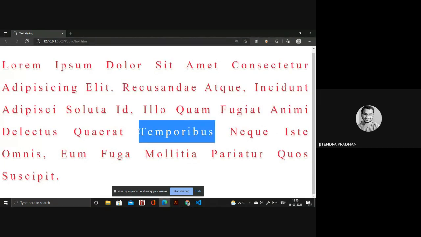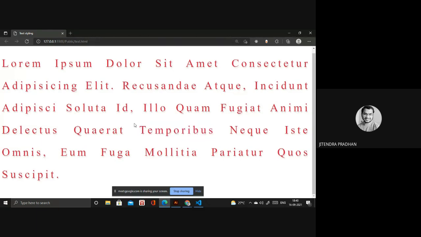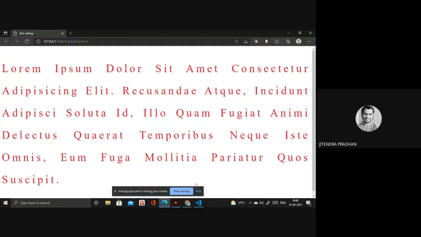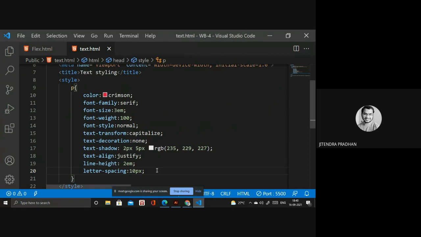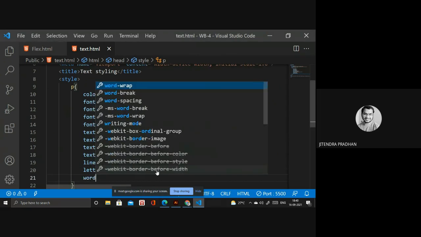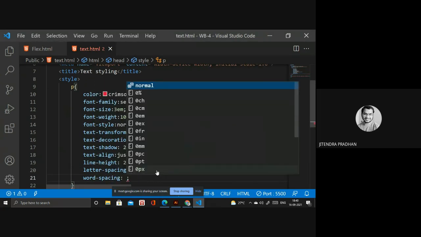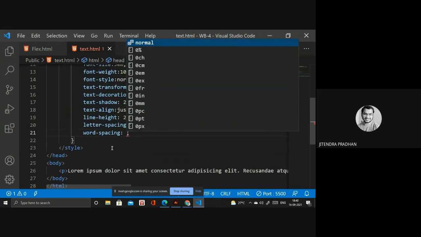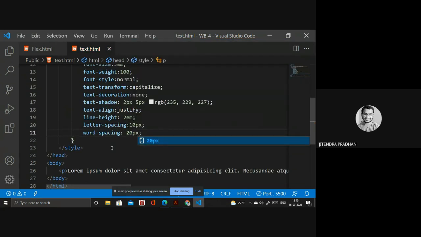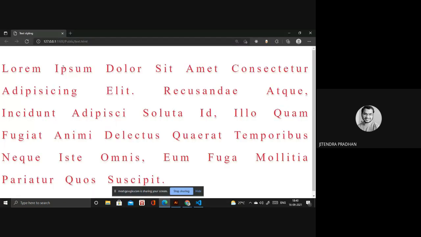So next we have to go to letter spacing. Sorry, it's word spacing. Sorry for that. So next we have to go to word spacing. If you give 20 pixel, let's see what happens. The words will be separated.